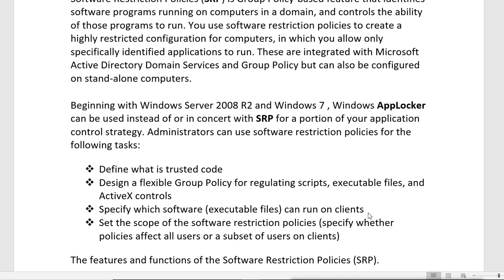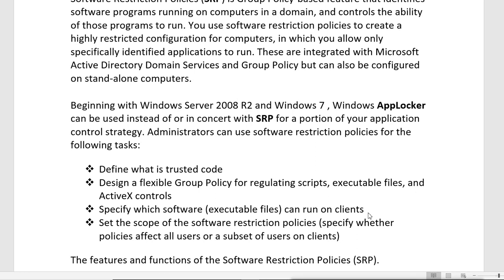From here we can do lots of, or almost all, the tasks which we do from the software restriction policy. The software restriction policies were available since Windows NT, but now we can also use AppLocker. What is the difference here? With AppLocker we can also control our universal apps, which we don't have the option for in the software restriction policy.